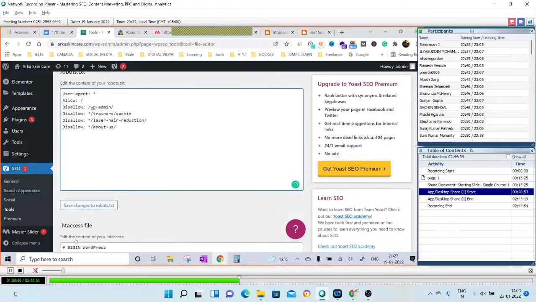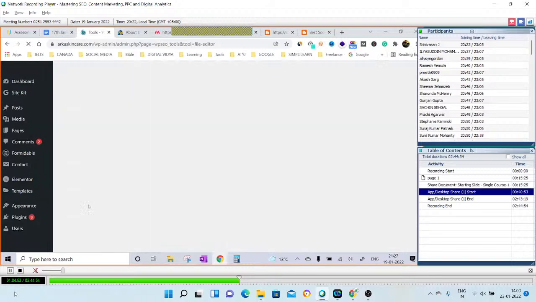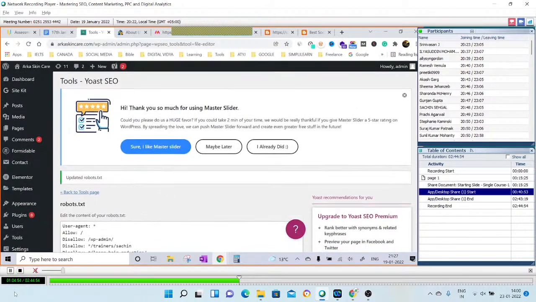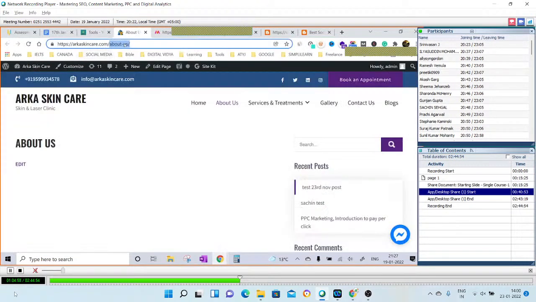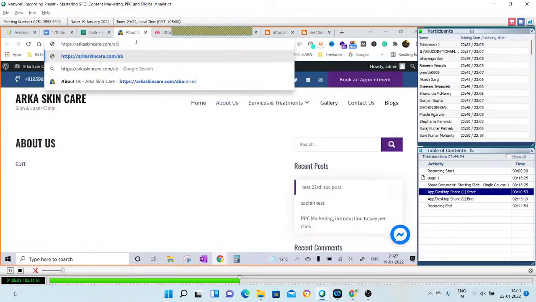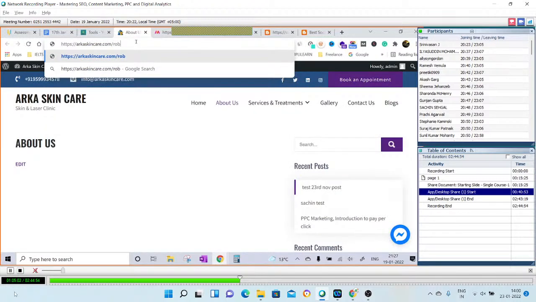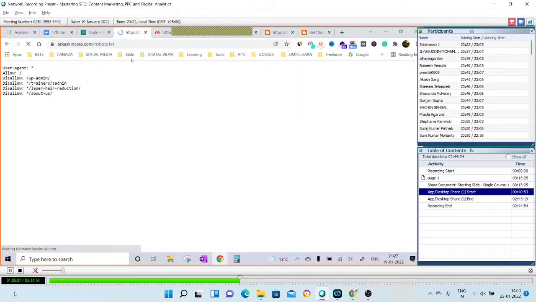And you save it, Save changes to robots.txt. Now the story remains the same. If we do the robots.txt check for this file as well, we will find that about us has come here.